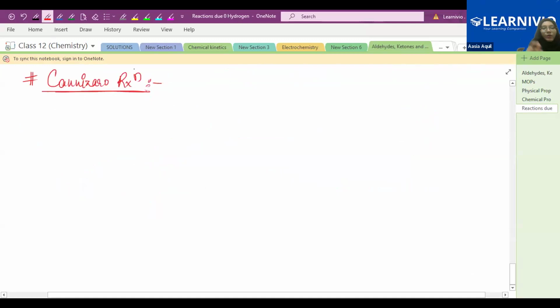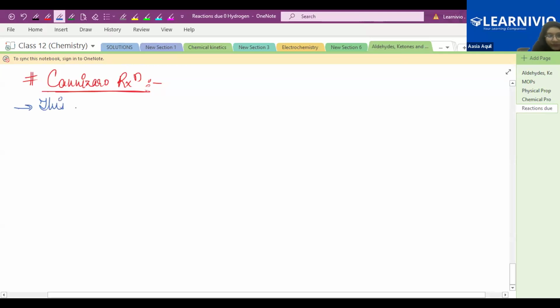So what is Cannizzaro reaction? See, we were doing the aldol condensation. Aldol condensation is that reaction in which alpha hydrogen is present in any of the compounds. If you are taking 2 moles, one compound should contain the alpha hydrogen. Then only the aldol condensation will be done. But the Cannizzaro reaction, write down,